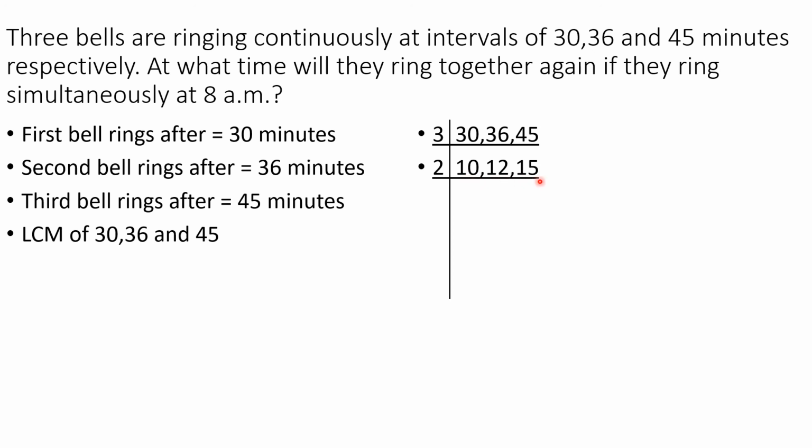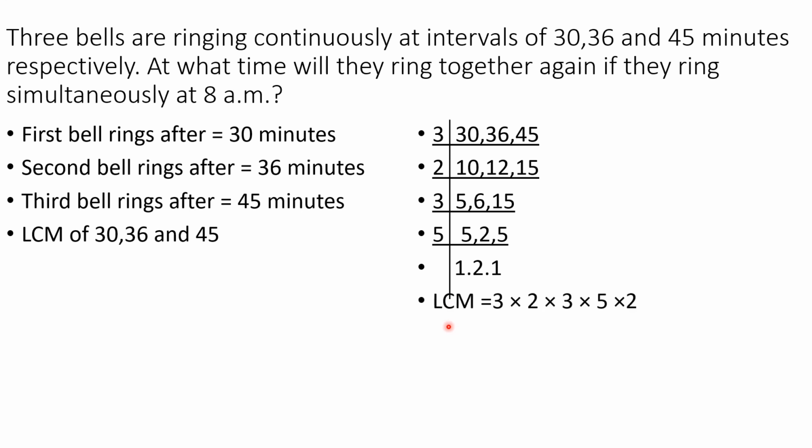There is no common divisor for all, but yes, for any two numbers at first we will see. So 2 is a common divisor. I'm taking 2. 2 fives are 10, 2 sixes are 12 and 15 as it is. Then for any two numbers, I am taking 3 as a common divisor for 6 and 15. So here 5 as it is, 3 twos are 6 and 3 fives are 15. Now 5 is a common divisor for two numbers. 5 ones are 5, 2 as it is, and 5 ones are 5. Now there is no common divisor. So our LCM will be this